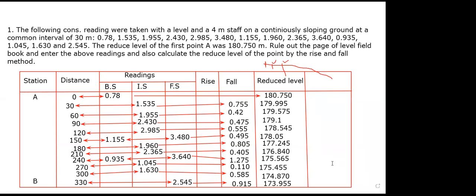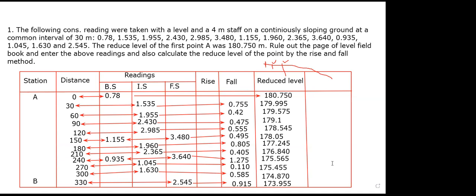A student asks why the value drops after 3.480 to 1.960. The teacher explains that 3.480 is the FS value, the last point, and then we consider 1.155 as the first point, as BS. FS is the last point of a set, so after FS point, the next is a new BS to FS. We use that slot: first BS to FS, second BS to FS, third BS to FS. We do not consider anything after the FS. FS is the last point.